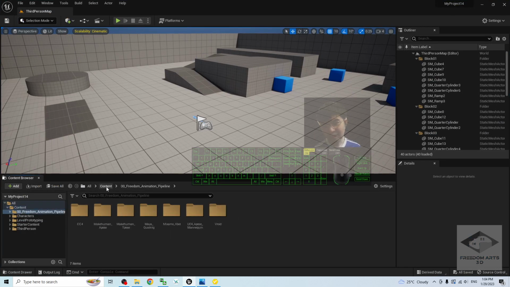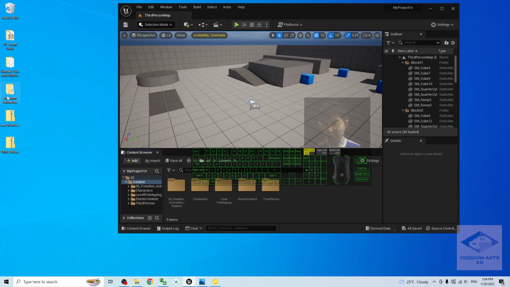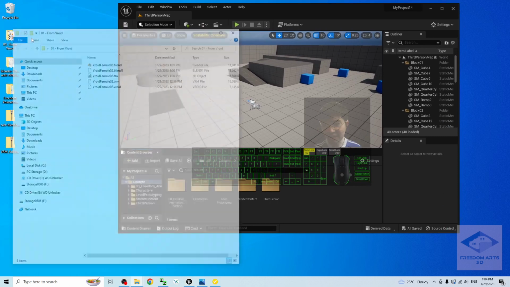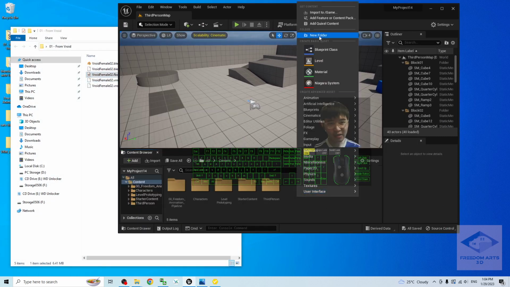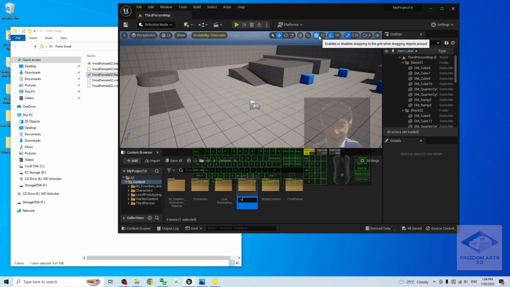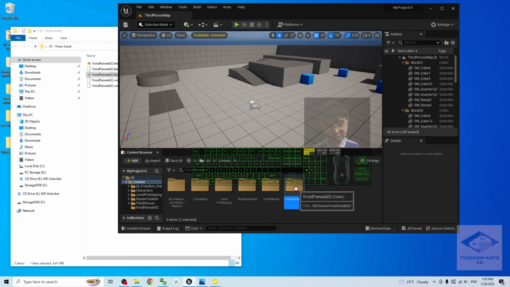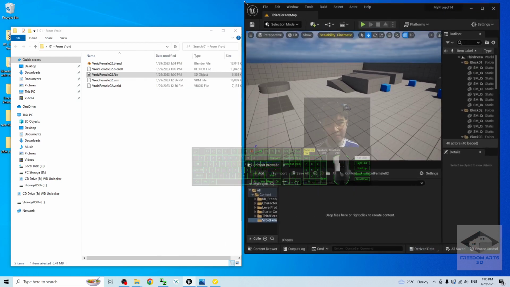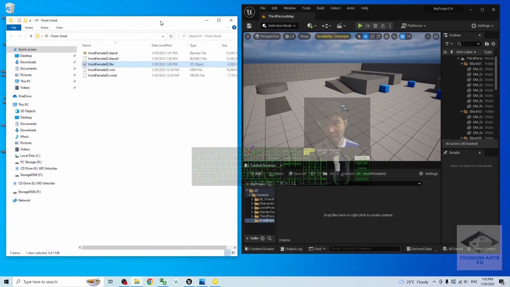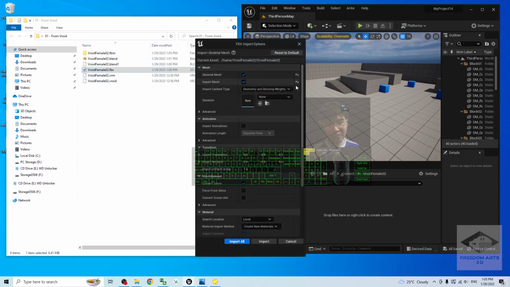Alright. Next step, import the Vroid 3D model. Just now it is from here, 01 from Vroid. This FBX file, and as a demo, I will just create a new folder here. I will just name this as Vroid Female 02. Enter. Vroid Female 02 will be here. Next, drag in the FBX file to directly import this FBX file,